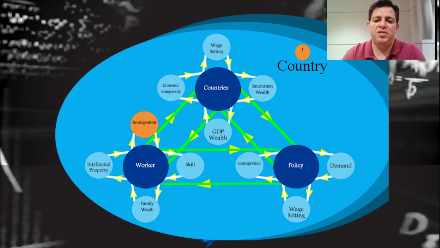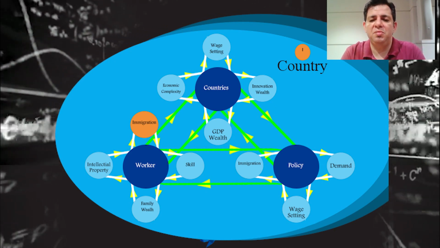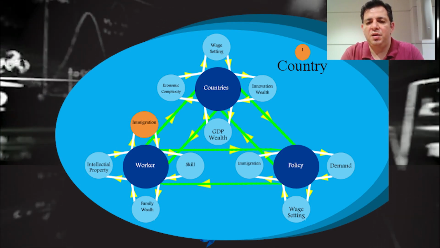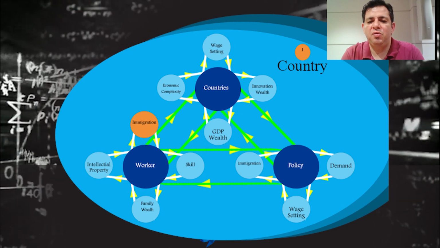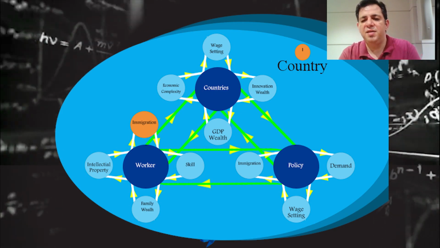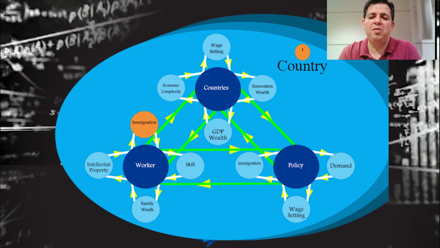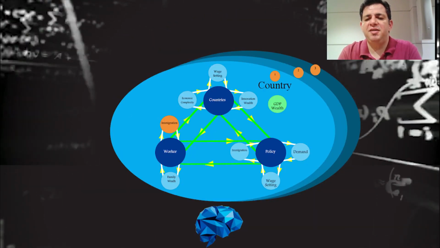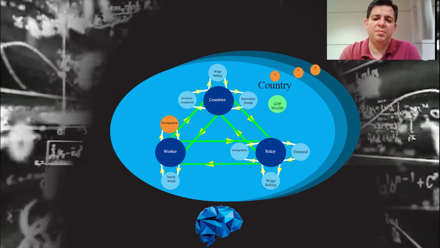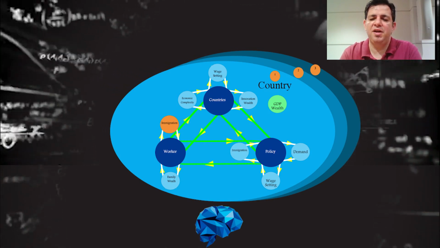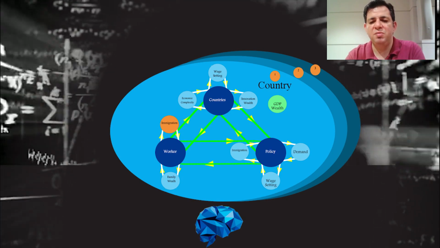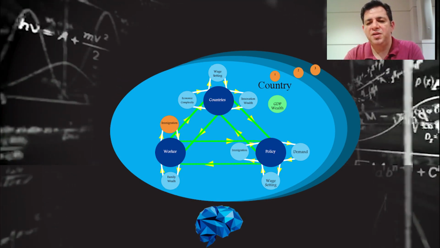I required that the simulation model consider each country, and that I can play around with the worker types and at the same time introduce different types of policies into my simulation runs. So I've identified all the different subcomponents from the previous relationship slide, but I've redistributed them to exhibit what I